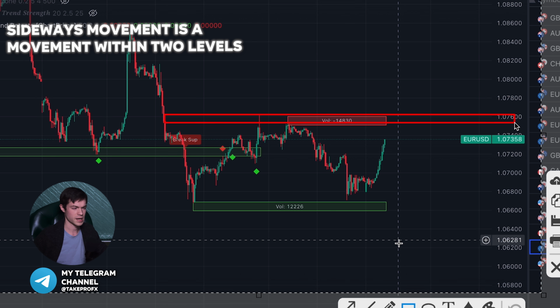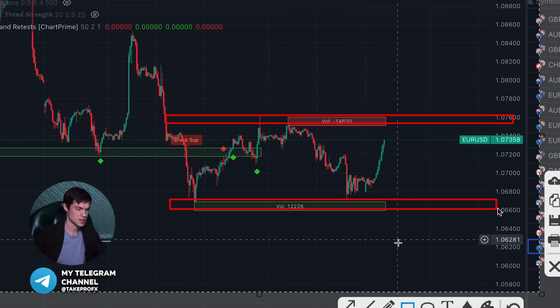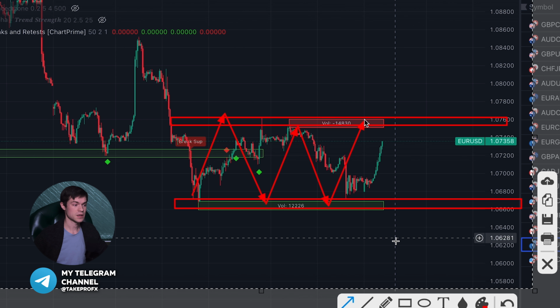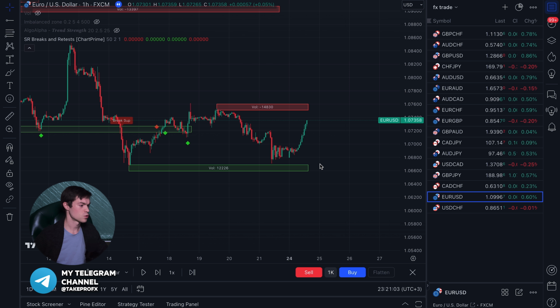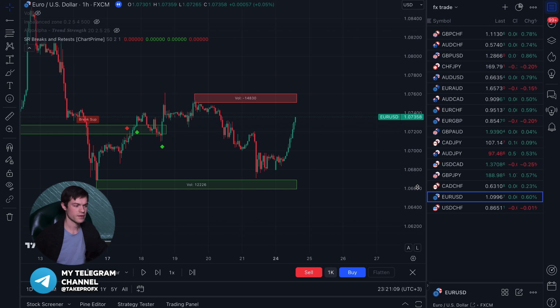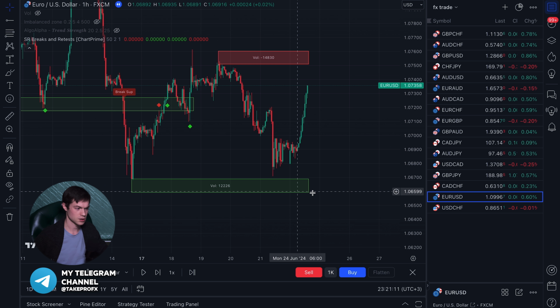We have, for example, an upper level, which the price hits, and a lower level, from which the price also bounces. And when the market moves between these two levels, it is called a sideways movement. It should be understood that the most profitable and the biggest trades are made during trend movements. But when we have a good range of sideways movement, we can also make money trading from support and resistance